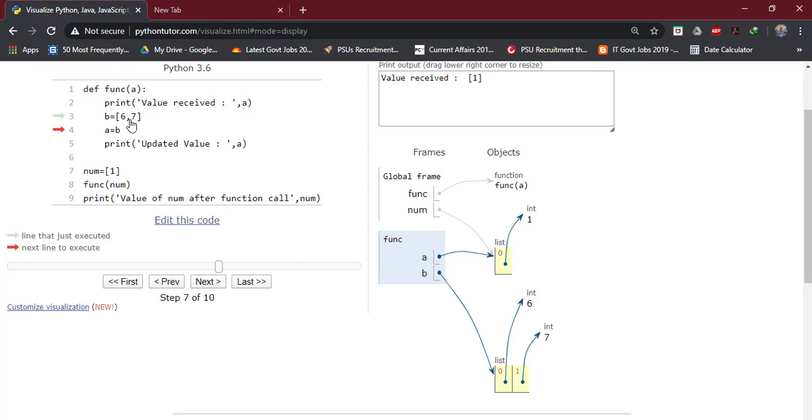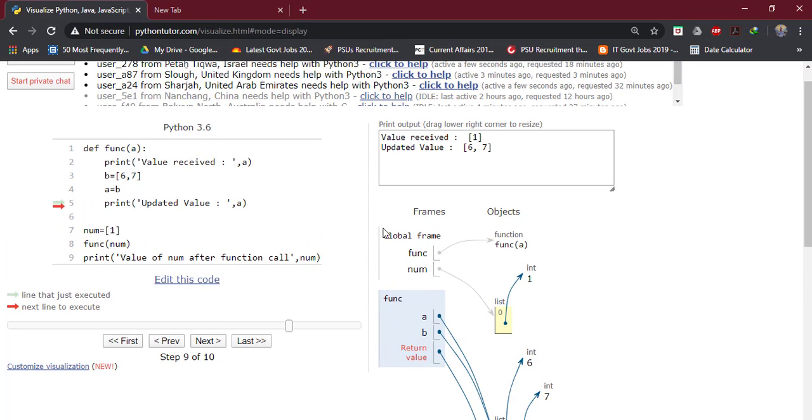Now we are assigning the value of b to a. So this pointer will stop referencing this list and it will start referencing this list. See, now a is also pointing to the list where b is pointing to, and the value of a is updated.